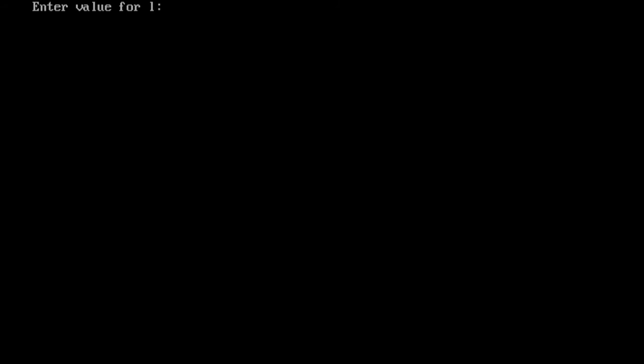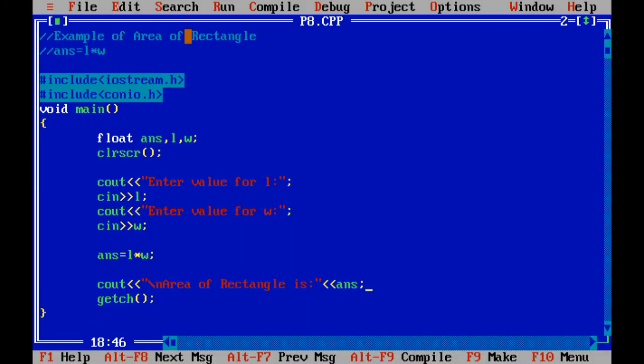Simple multiplication is there. So I am going to input 10 and 12. So 120 is the area of rectangle. This is a very easy, simple formula based program. All you need to do is simplify the formula, nothing else. Now let us